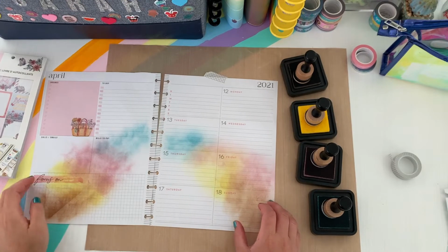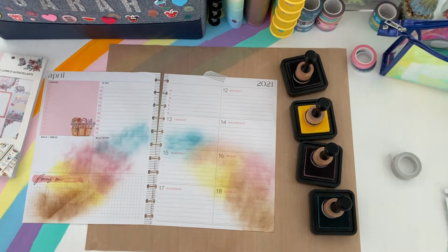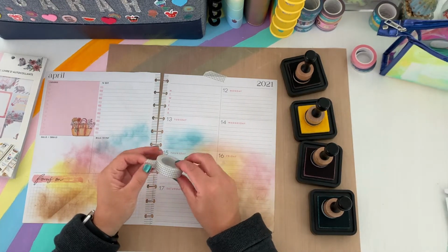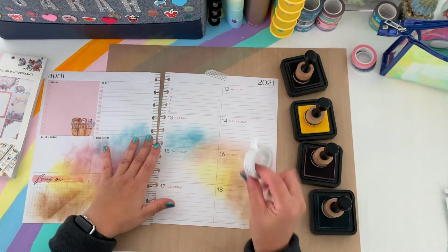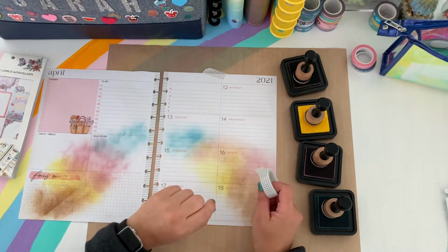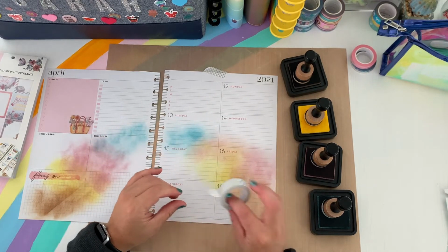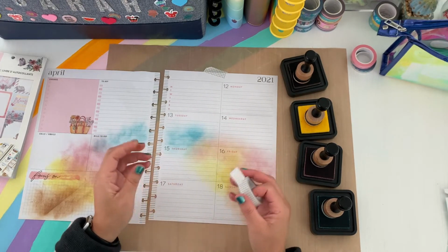Like a little arch kind of a thing. I like it. It kind of looks like a sunset. But just be aware, if you do use washi tape to tape your paper down, don't do it so tight because you may end up ripping part of your page. So just slightly put it down, and sometimes it'll work as a